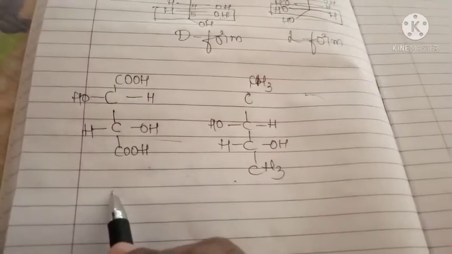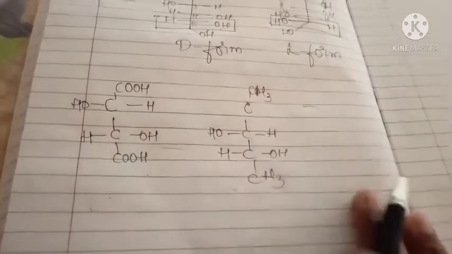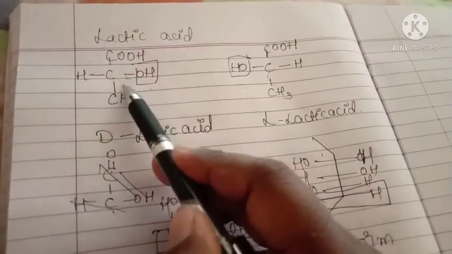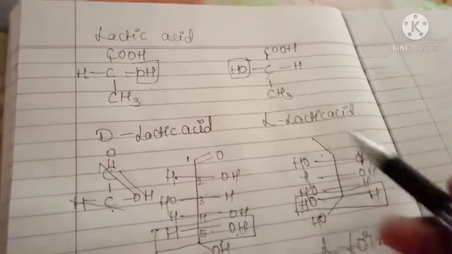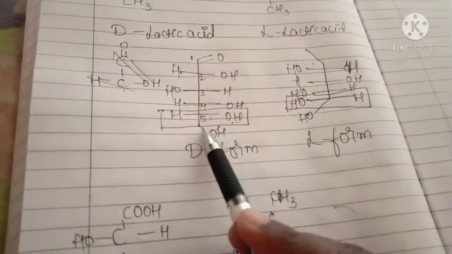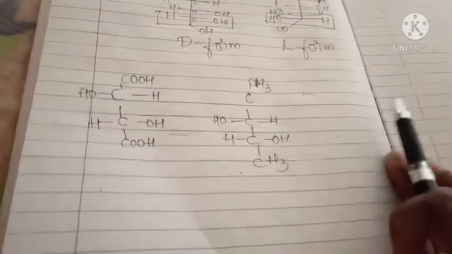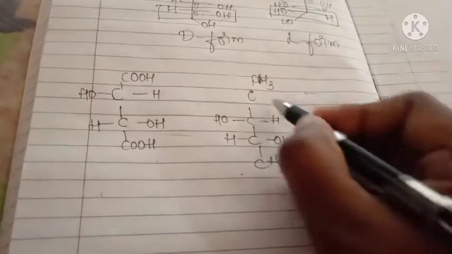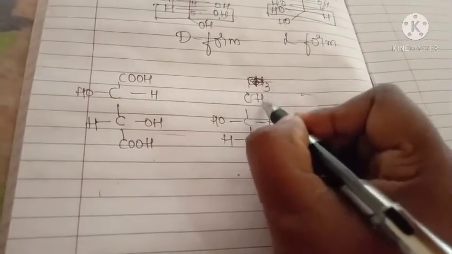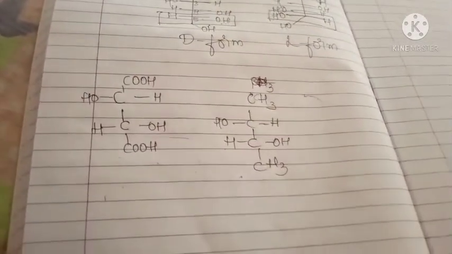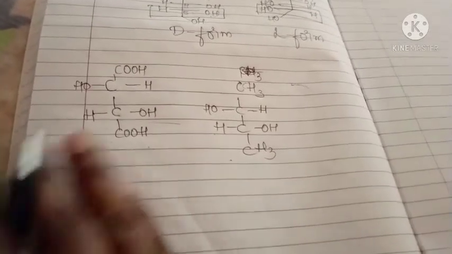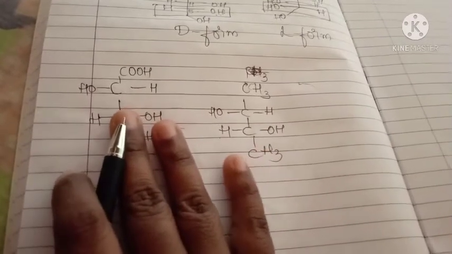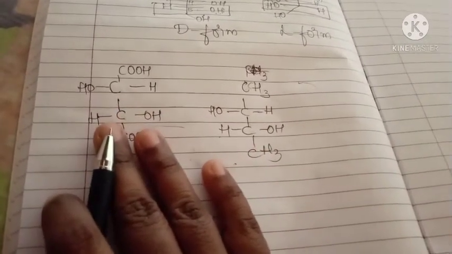This also has many disadvantages, but in that we have to know that when the OH group is present on the right side of the asymmetric carbon atom, and when different asymmetric carbon atoms are present, we consider the last one. But for this type of molecule it is difficult to know which is the D and L configuration. This is all about the D and L configuration. Next class we will learn about the R and S system.